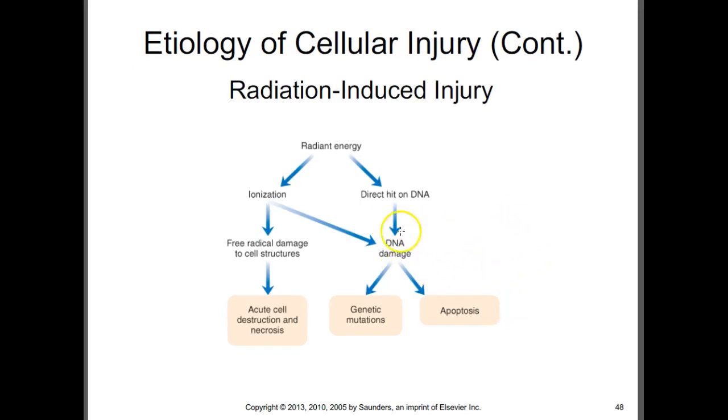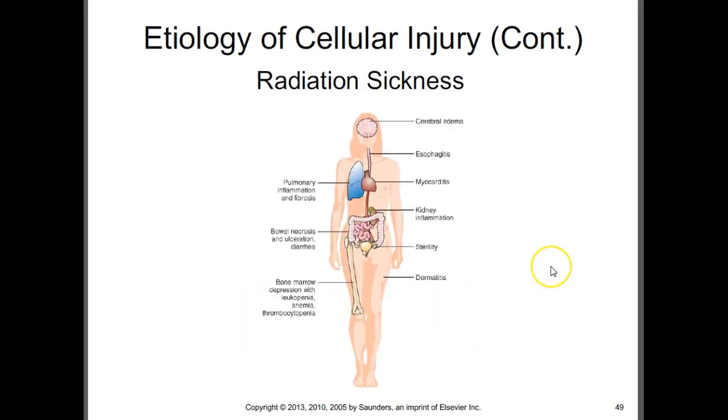I mean, electricity, you can get hit by a bolt of lightning, especially in South Florida, right? That can cause DNA damage, free radical damage, and then those can cause necrosis, genetic mutations, and/or apoptosis. Right, so radiation sickness. If there is an increase in radiation, which is something that, as unstable chemicals become more stable, they release radiation,